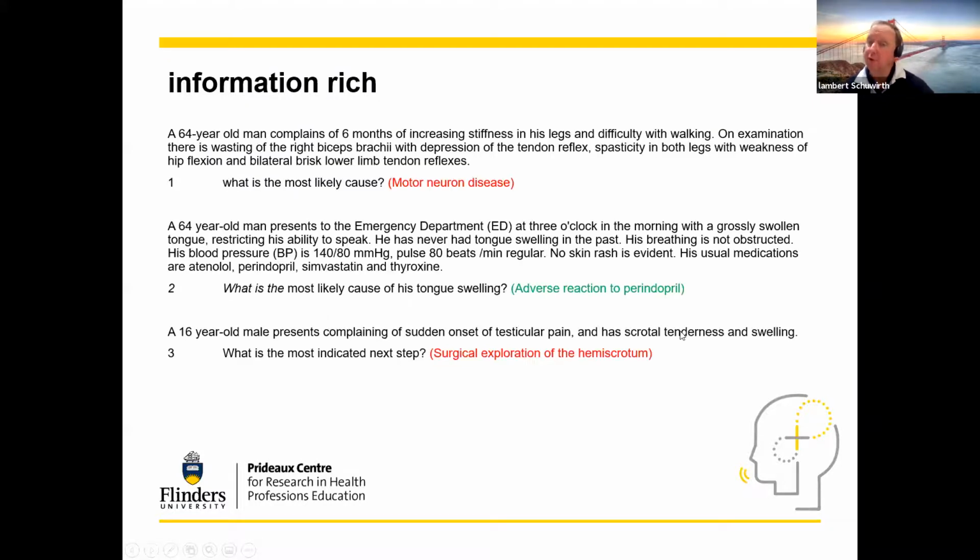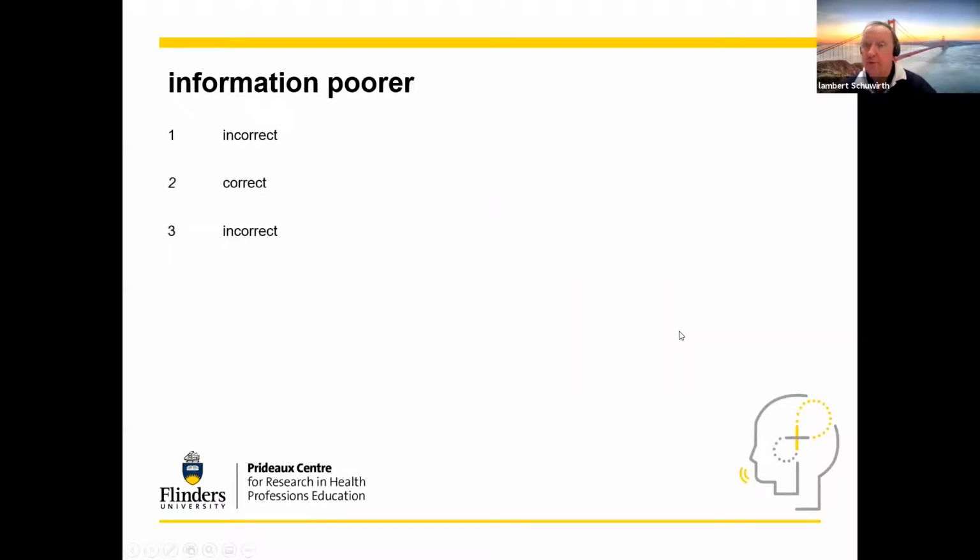But now I'm going to score this. And I've thrown away a lot of information. I've lost the understanding of why this was incorrect. I simply know that item 1 was incorrect. Then I add them up and say, well, you got 1 correct out of 3, that's a score of 33%. Now I've lost the information of which items were answered correctly and which items were answered incorrectly. The only thing that's left to me is how many items were answered correctly and how many items were answered incorrectly.